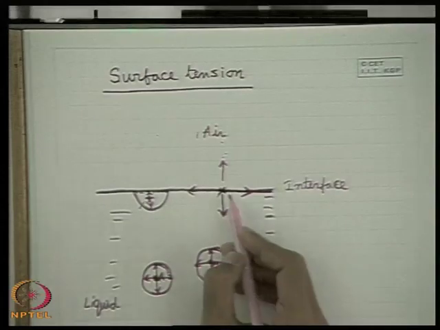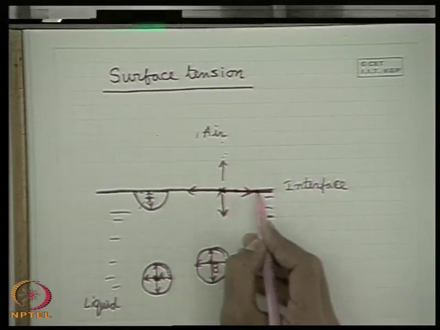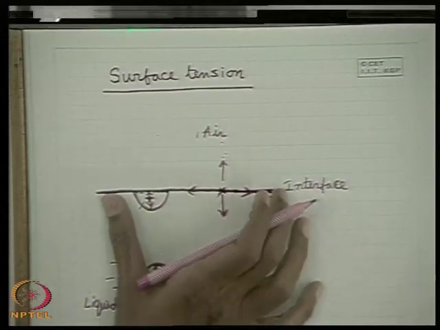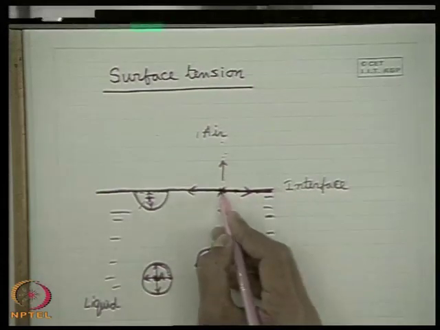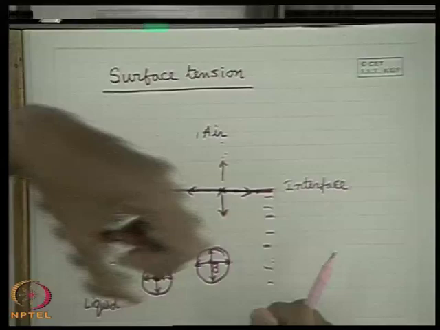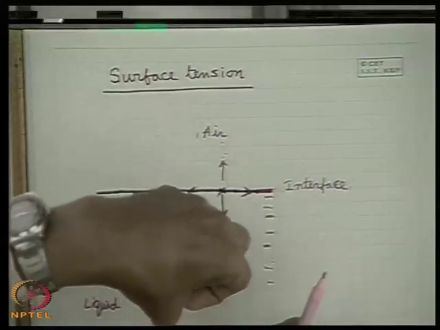And when this work is done to bring the molecules to the surface, that means to create a surface interface, then what happens? This work is being stored as energy. When the work is done to move a particular system from one point to another point, the system stores that work in the form of energy. That is basically the definition of potential energy in a conservative force field. So this work is being stored in the surface in the form of energy, which is known as surface